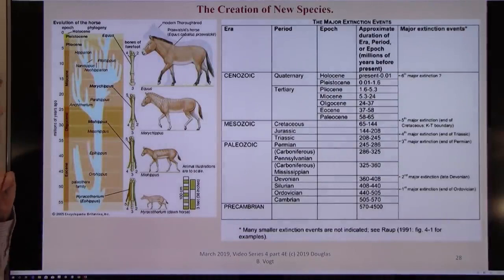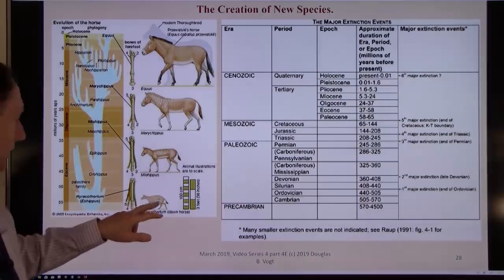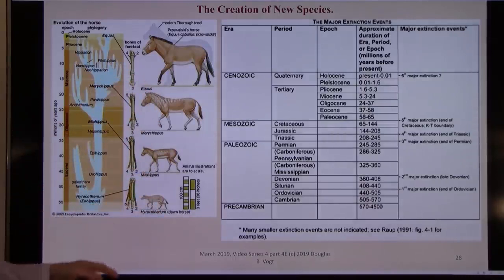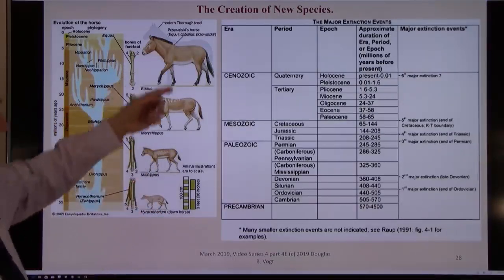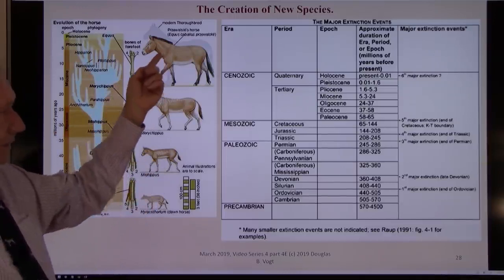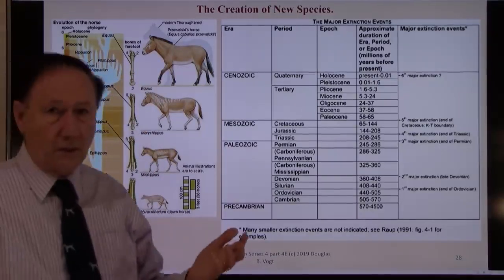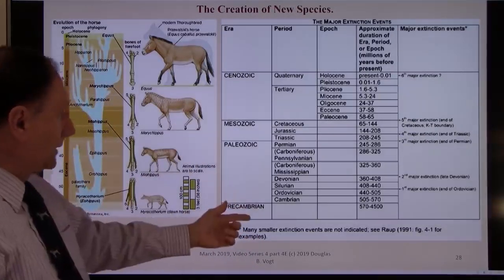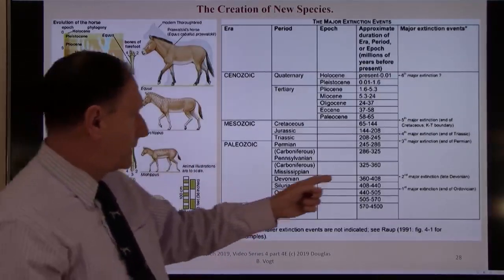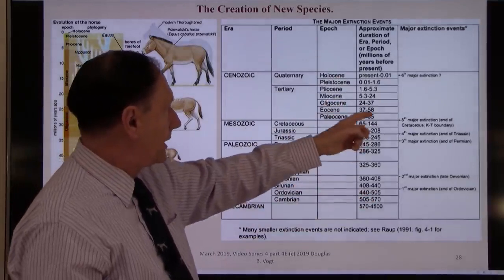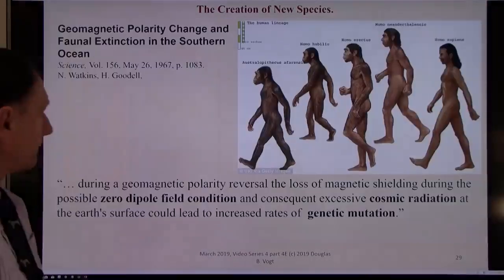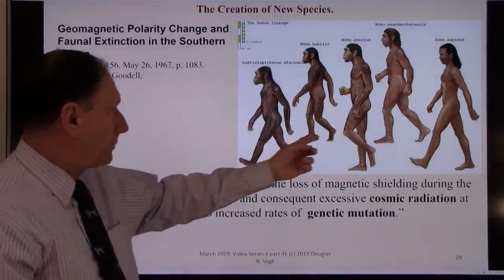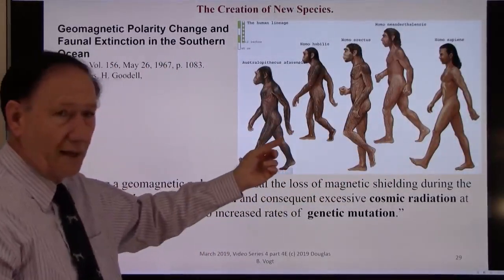Here's the evolution of the horse, going back to, they think, 55 million years. From a small animal to larger, and how the foot developed. This is all because of genetic mutation, and I think it's from the sun. It's the only thing that could do it. This is a graph in one of the tables I have that basically shows the extinctions and the creation of new species. Mankind. This is all genetic mutation. I have no question about it. This is how it happened.